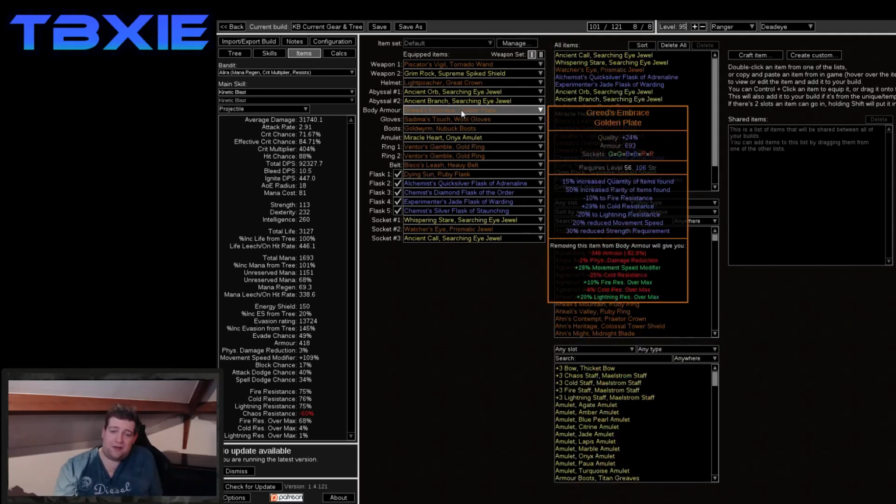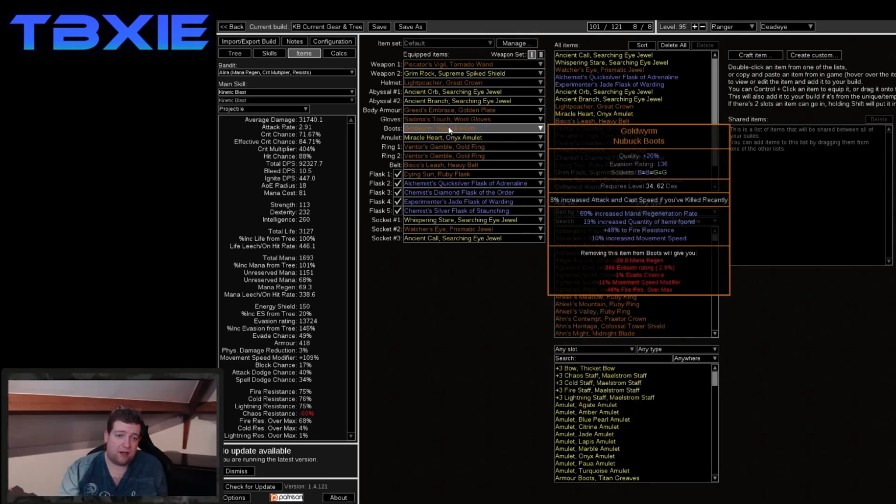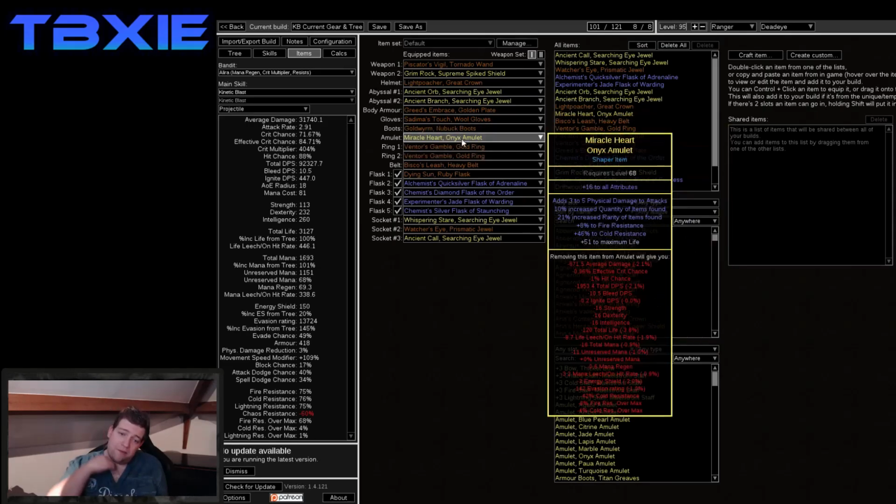I have a 6-link Greets, which is just a Greets. It doesn't do anything damage-wise. It gives me quantity gloves, quantity helm, boots. Then I have a pretty nice amulet. So this amulet used to have